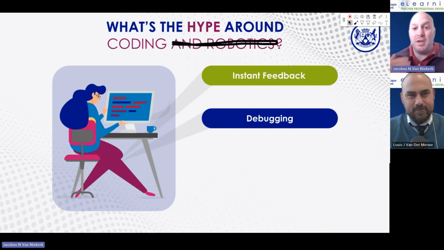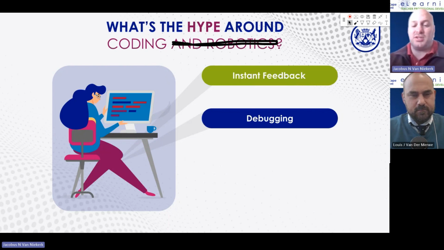Imagine you were able to know immediately step number 1 is wrong, go back, redo it, figure out what you did wrong, go to step number 2. Step number 2 is right, step number 3 is wrong, figure it out, sort it out. That's the concept of debugging. The ability to, as you are going through it, see there's a mistake and correct it.